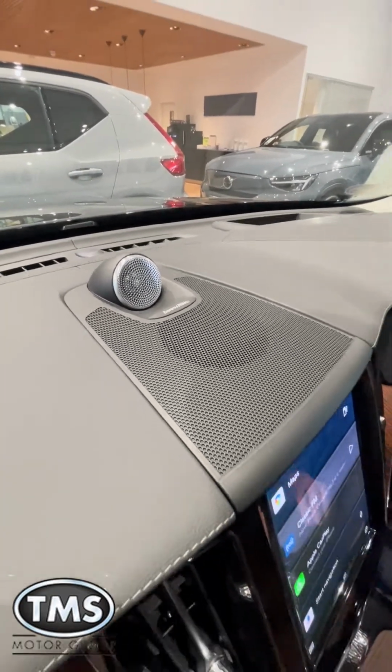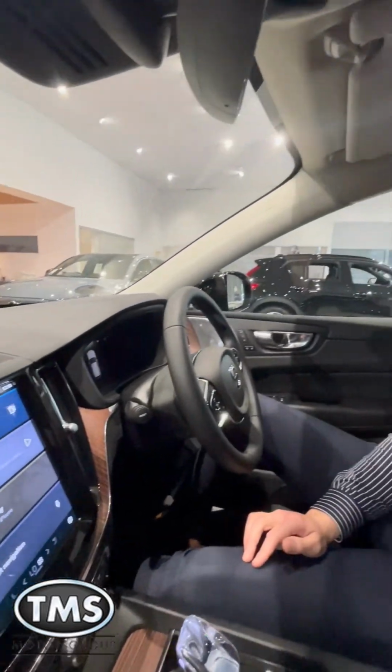These speakers offer a huge range of customization options as well, so you can set the sound stage to make it sound like you're in a jazz club, a concert hall, a studio, however you want it to be. So if you particularly like your music in a certain way, Bowers & Wilkins have got you covered for that,